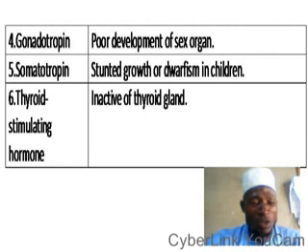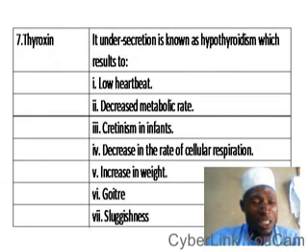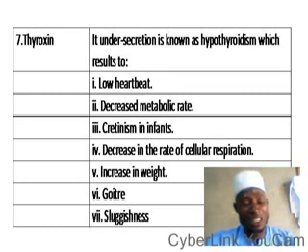Another hormone to discuss its undersecretion is thyroxine. Undersecretion of thyroxine leads to hypothyroidism, which results in: 1. Low heartbeat. 2. Decreased metabolic rates. 3. Cretinism in infants. This cretinism means decrease in the